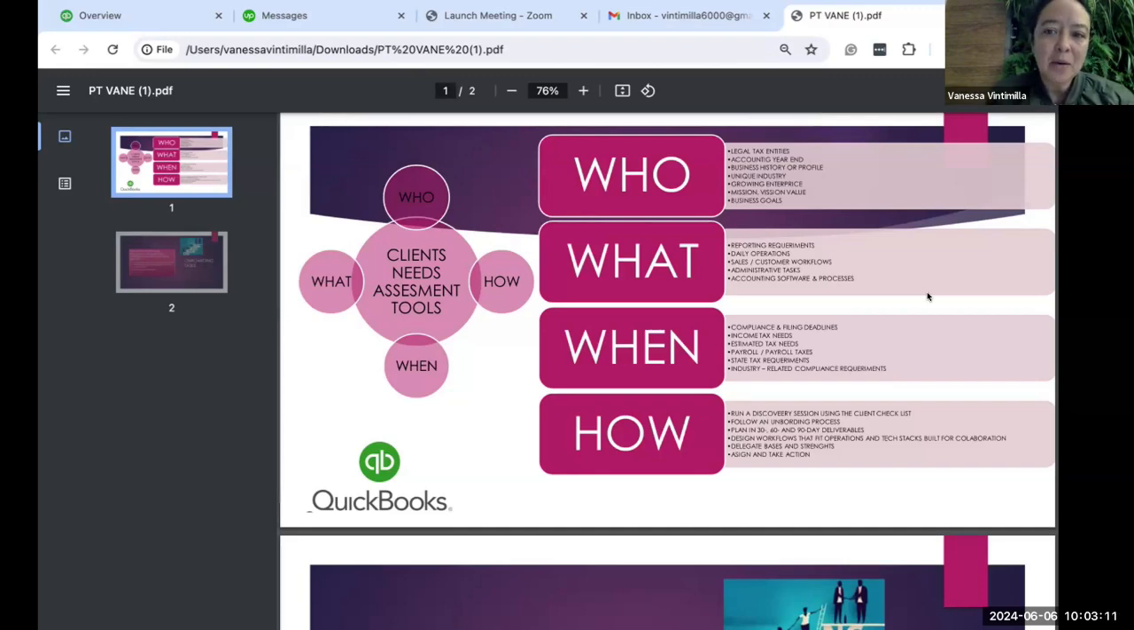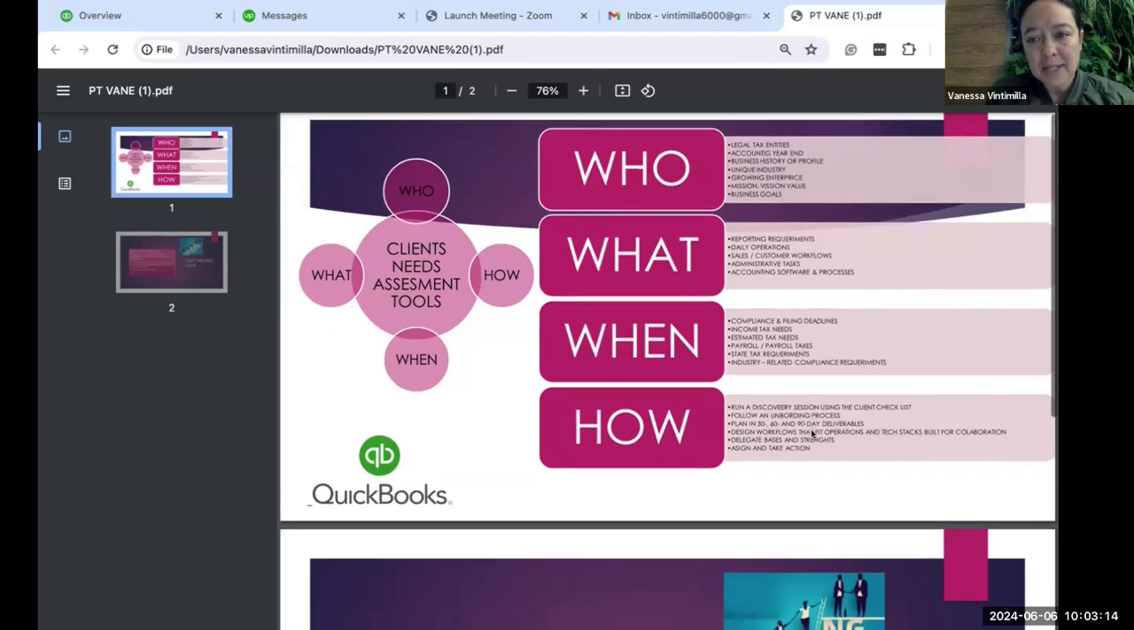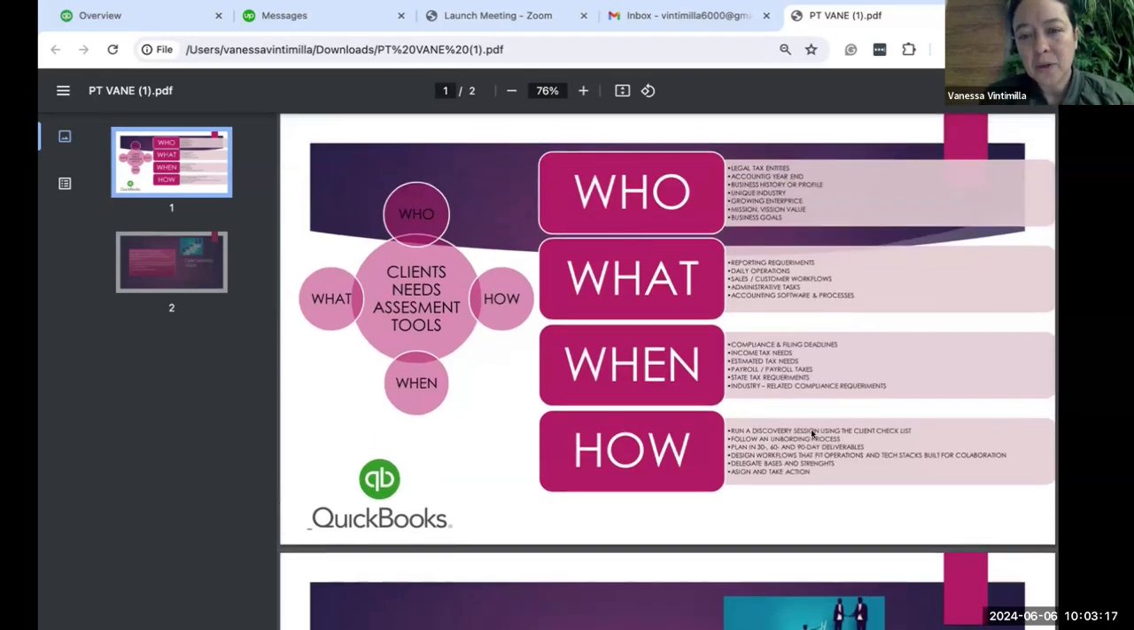So I wanted to give this important information about that before setting up. Okay, so I made a PowerPoint slide here: client needs assessment tools. We always have to ask ourselves first: who, what, when, and how. So I put here the different things that we need to ask with the who